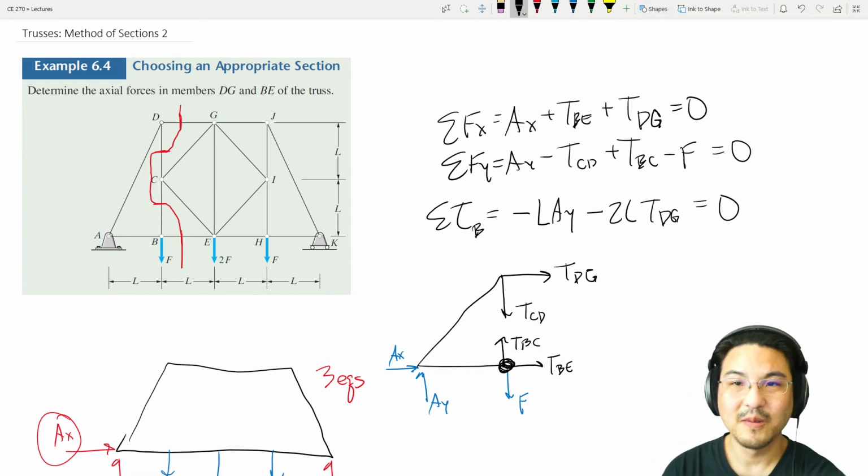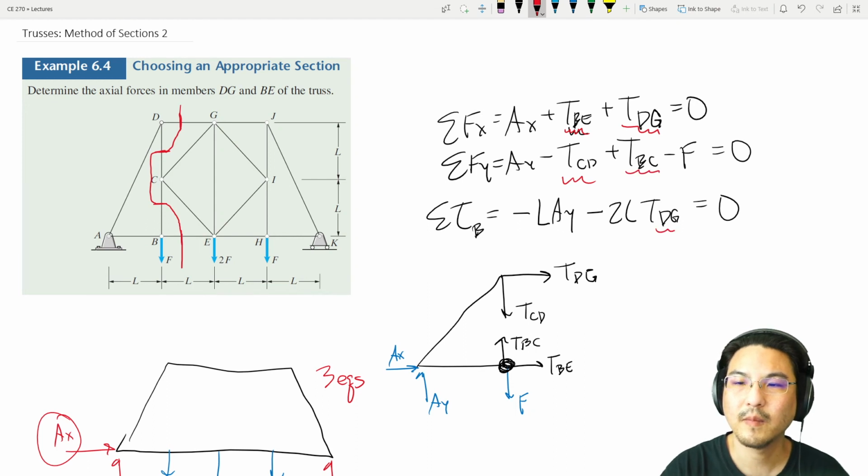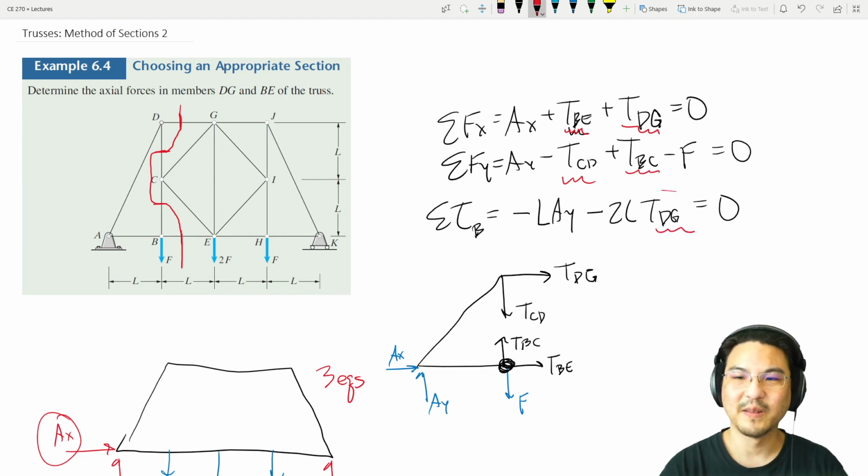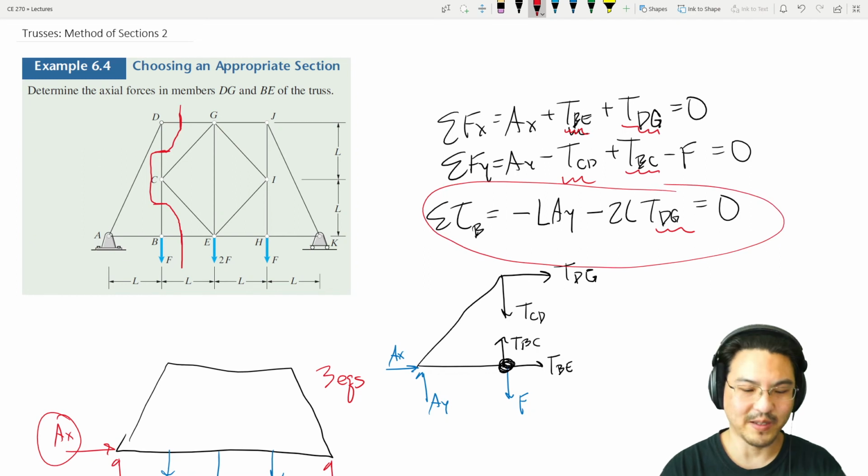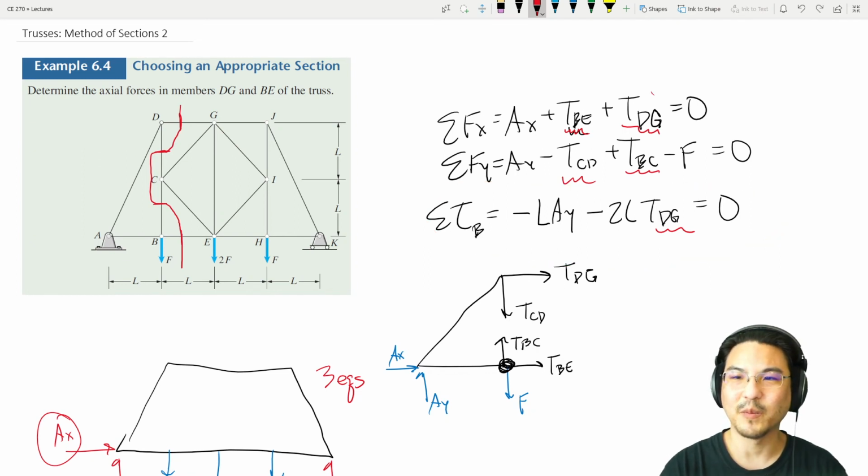So the unknowns, here, here, right? So then solve for this first, then you have TDG, put it right here, solve for this, BE,